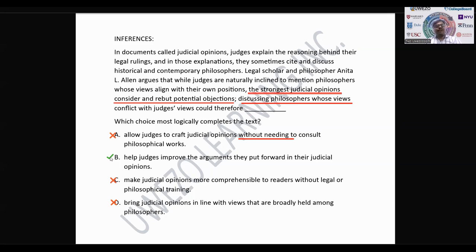Now, the second part is if the judges are considering and rebutting the potential objections to their judgments and then proving them wrong, then the judgment would be more helpful. And that's what option B matches with. Help judges improve the argument. So if they are considering the other side, they are actually improving the argument they're putting forward. The right answer here has to be option